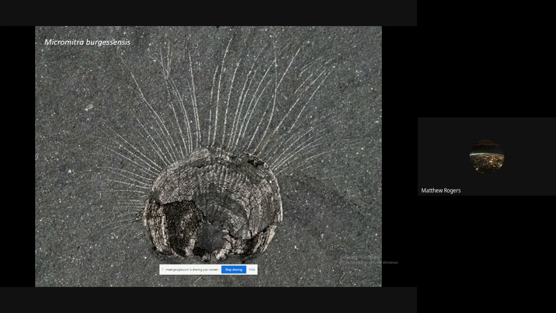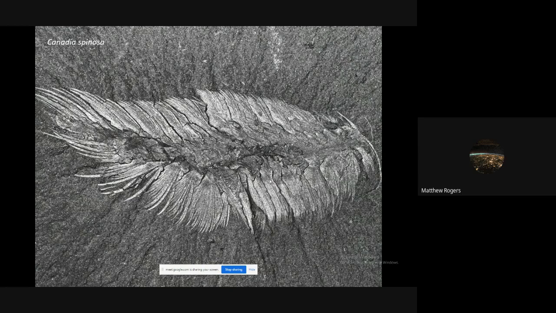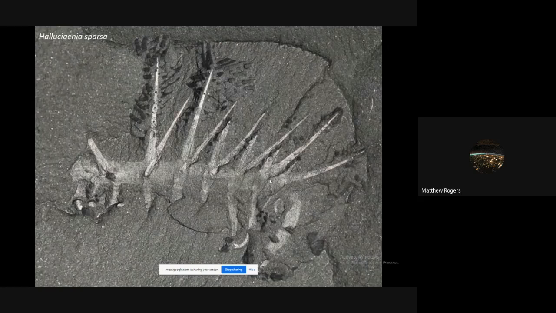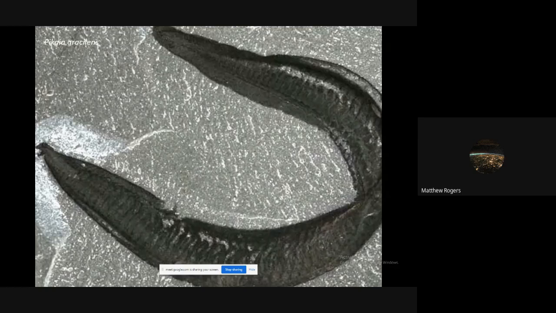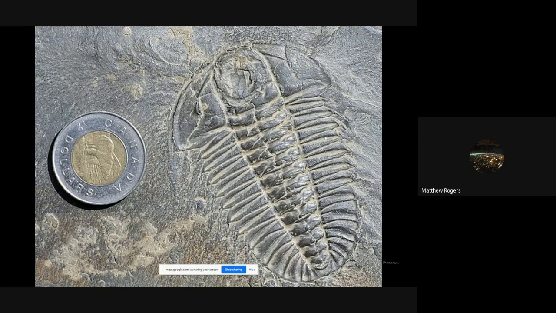Here's some different organisms. So this is a form of a jellyfish here. This is going to be an arthropod. We're going to take a look at what these guys actually looked like in a little bit here. This is a worm-like creature with spikes. Another kind of almost like a worm fish type creature. You can see that it has a little bit of a backbone that's going to lead to us eventually in evolution. And this is the classic trilobite, basically an ocean beetle during this time.